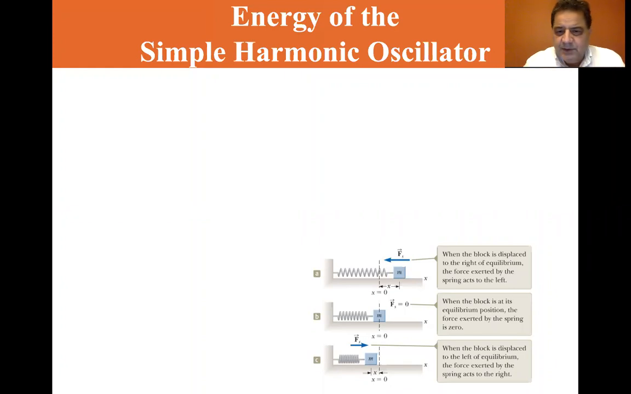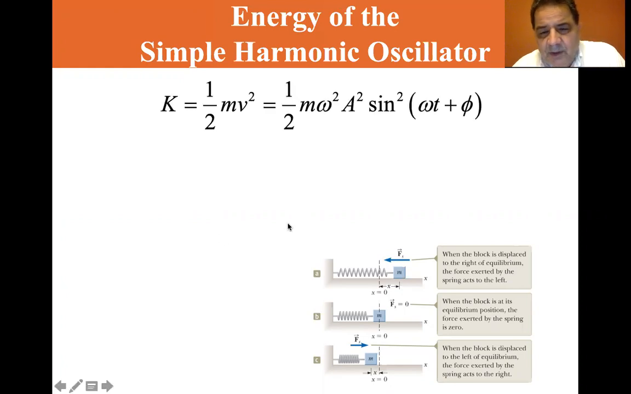You're familiar with this graphic here. When the block is displaced to the right of equilibrium, the force exerted by the spring acts to the left. When the block is at the equilibrium position, the force exerted by the spring is zero. And when the block is displaced to the left of equilibrium, the force exerted by the spring acts to the right. So the kinetic energy is 1/2 mv squared,